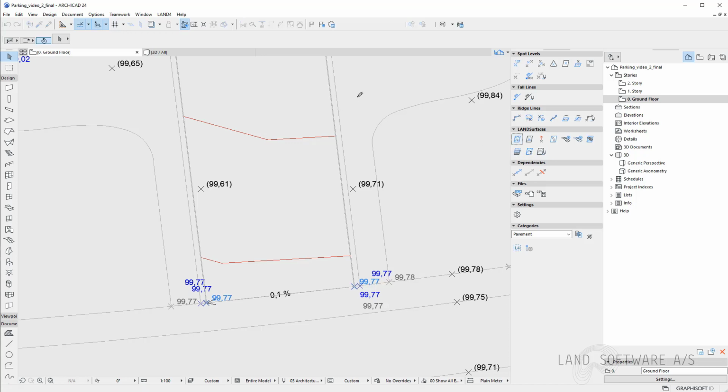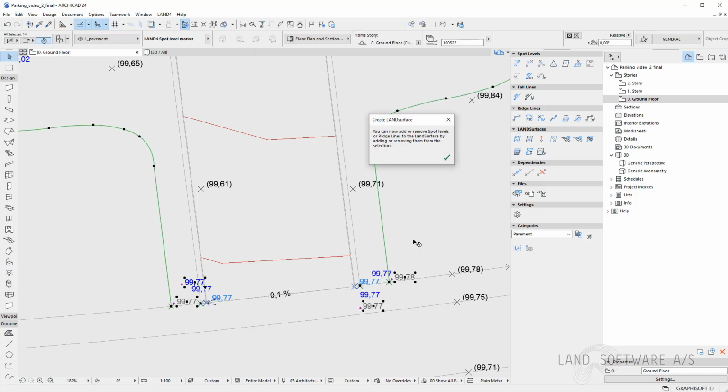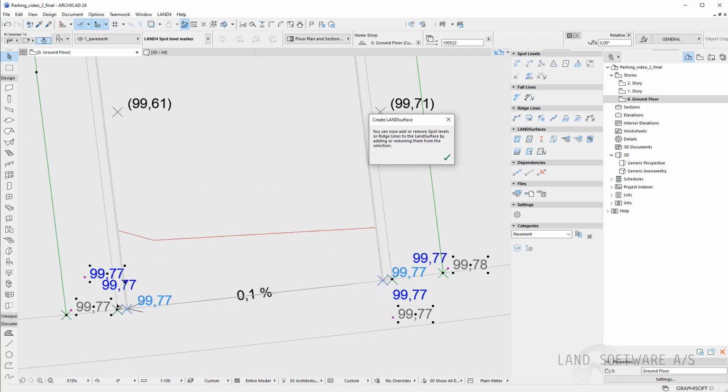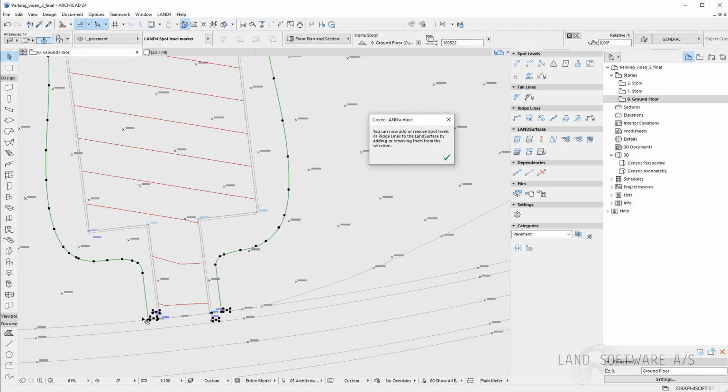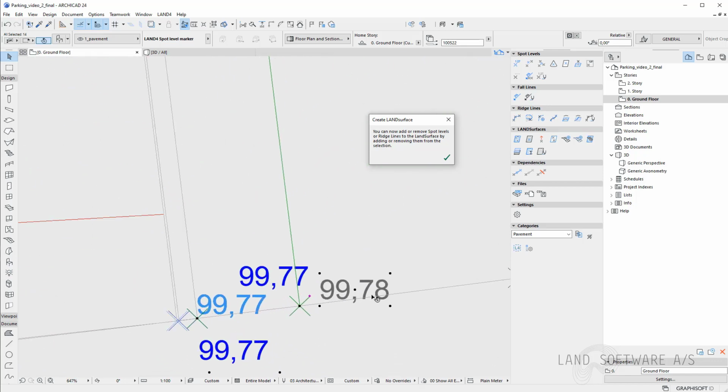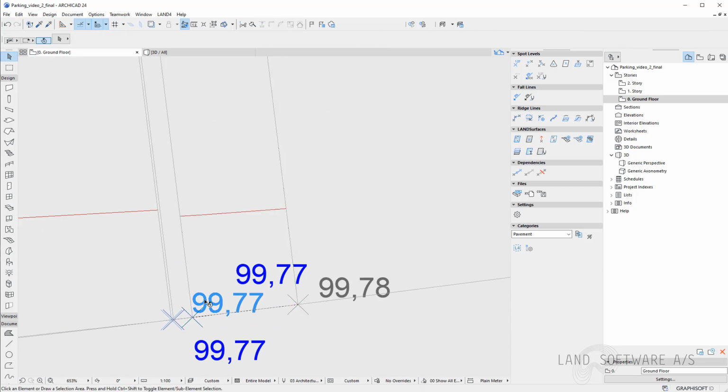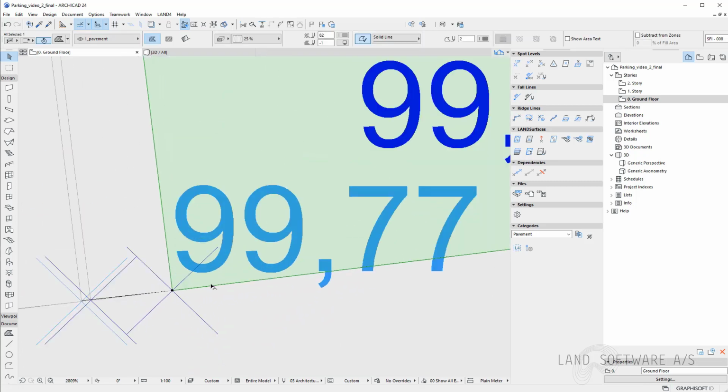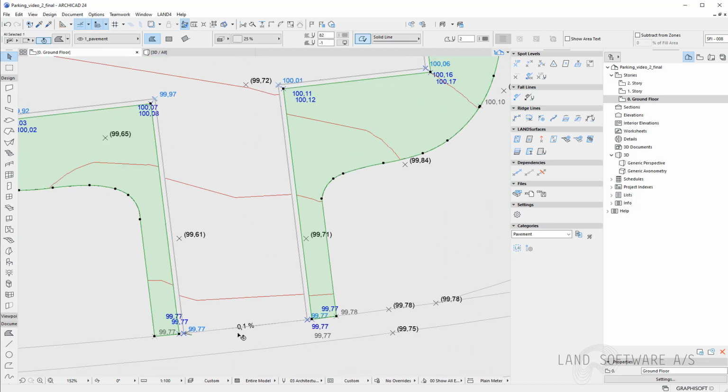We can do again the surface, and now also the spot levels in this corner are selected. If I now press on the green mark, we can see that the fill has been created to that specific point also.